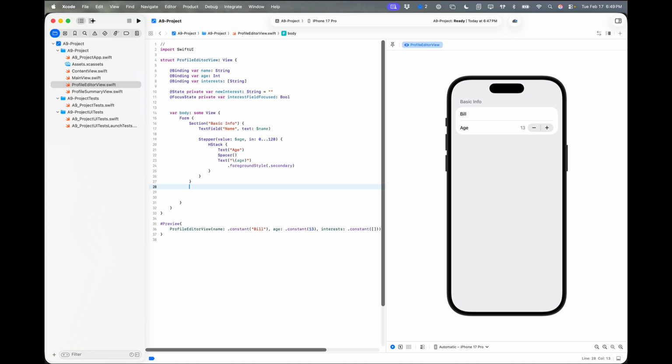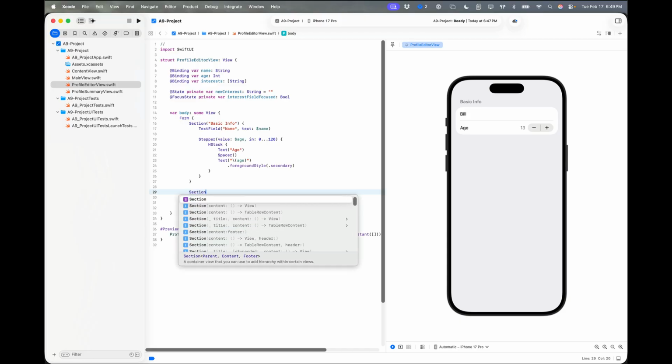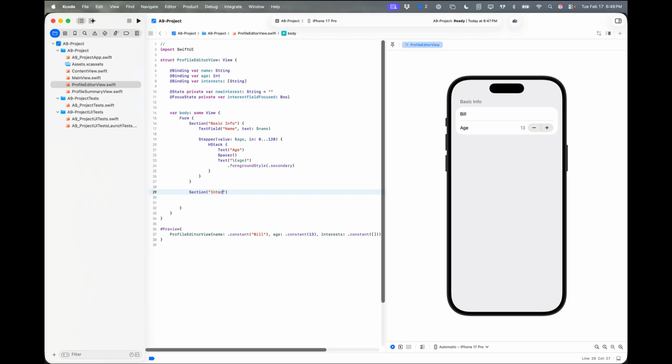Okay. Easy way to find the end of the enclosure for that is to put your cursor next to it, and you can see the corresponding one highlights there. So now I know that I'm outside that section. We'll create another section called interests. And inside that one, we'll create an H stack